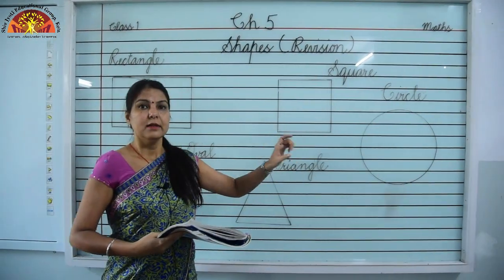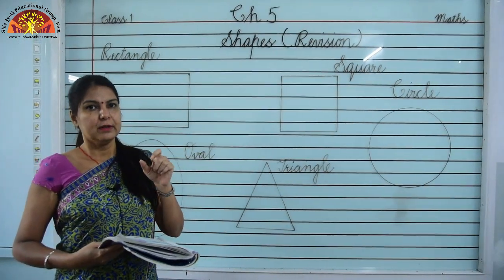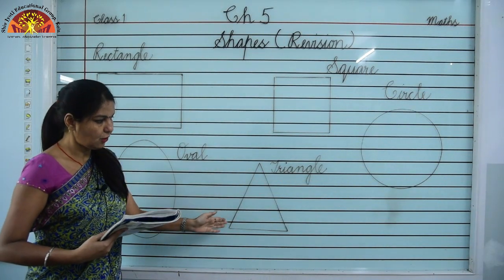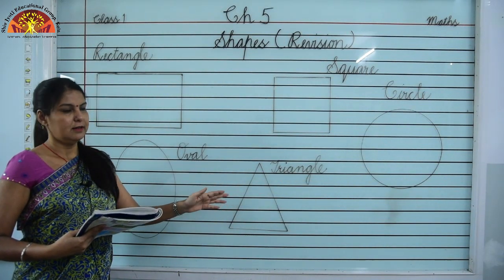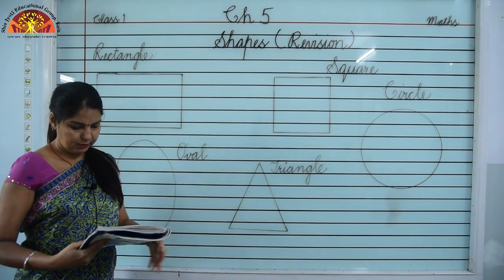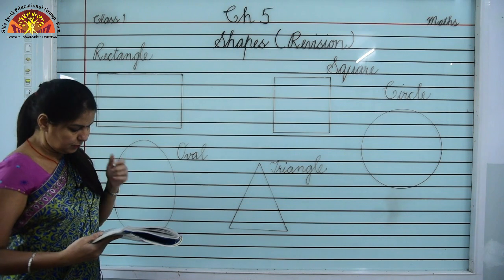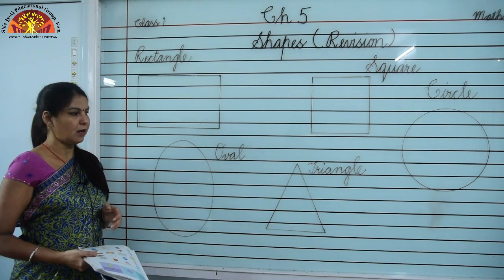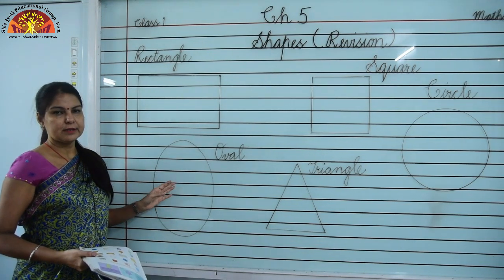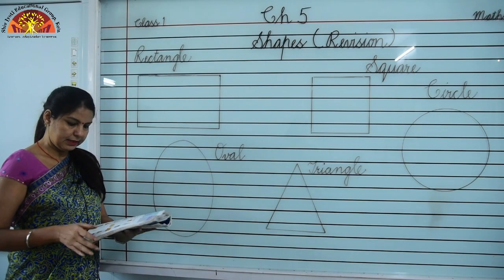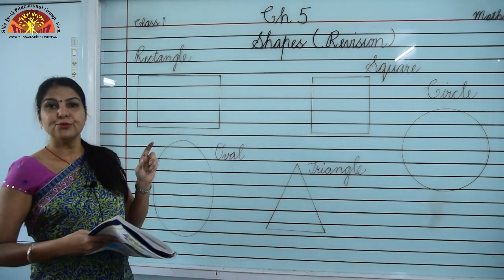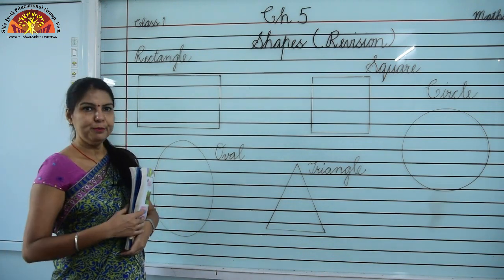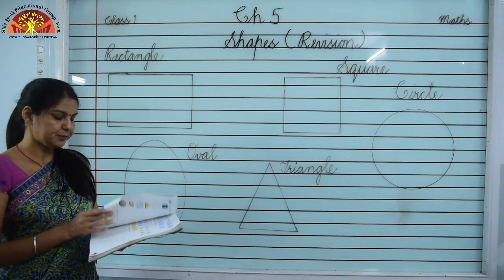Now circle, children, you see coin at your home. Coins are in circular shape. Now what you can see of this shape? You eat samosa. Samosa looks like a triangle. I hope you have understood. Now this is an oval. Oval shape I gave you example just now. An egg and balloon you can see of this shape. And rectangle. You see envelope at your home. Envelopes look like a rectangle. So I hope you have understood about all these shapes.